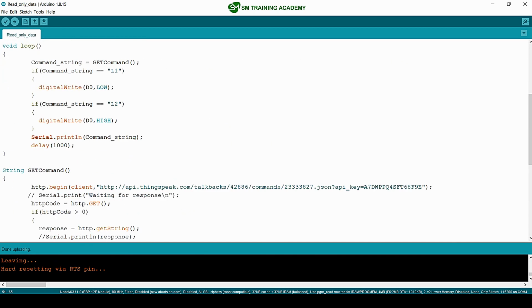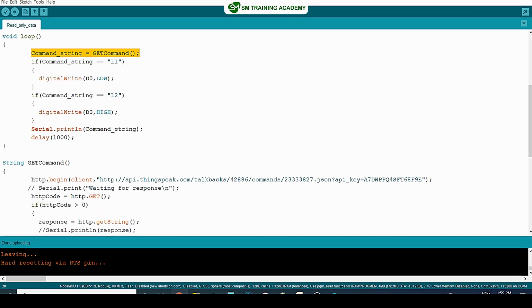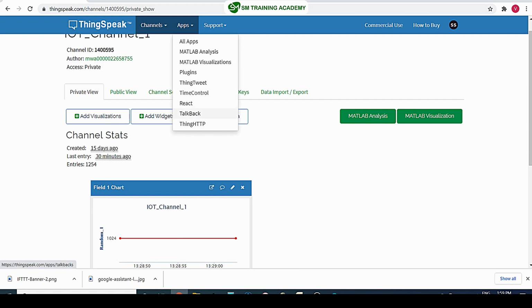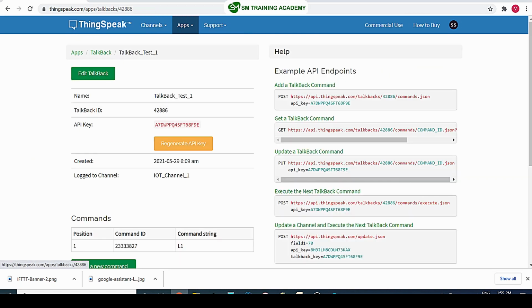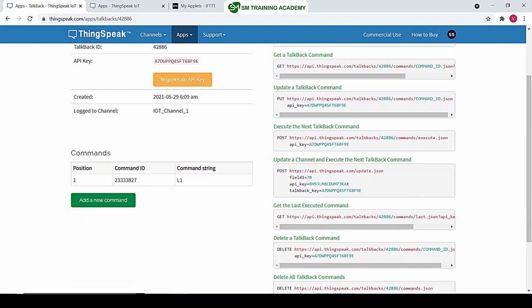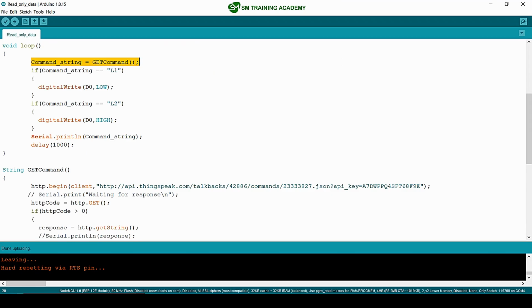Now coming over to the logic, you can see in this line we are just fetching the command available over here in the talkback queue. That is over here. You can see I'm having a talkback here which I have created, and it is having the command L1 with the command ID 2333827. So it is having one command in position 1 which is L1. So for reading this command, I just want to write a program in the NodeMCU. So our NodeMCU must be continuously reading this